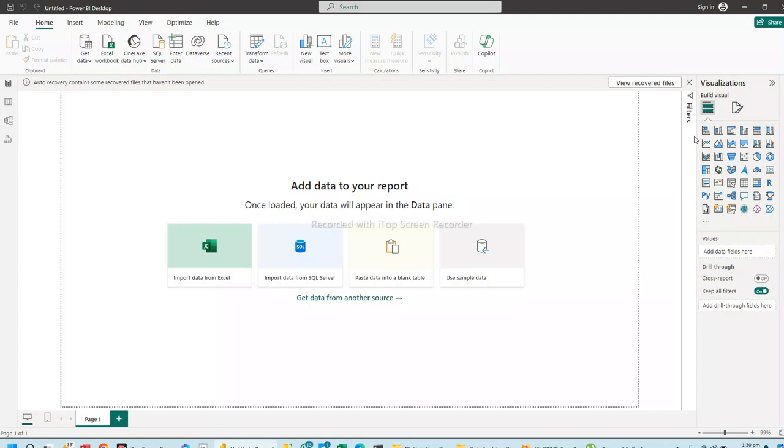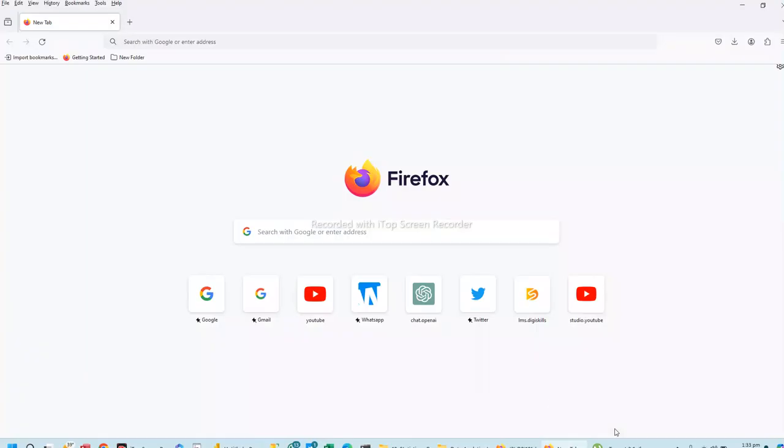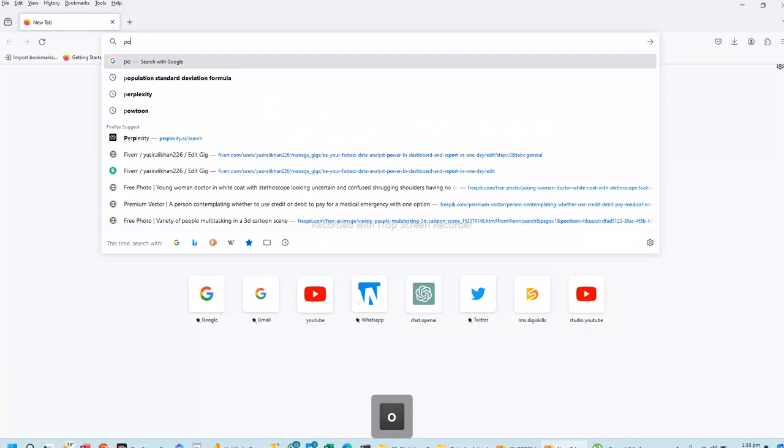Well, this was the method when we downloaded it from the Microsoft Store. This was the method through which we installed my Power BI Desktop through the Microsoft Store. And if we do not want to access the Microsoft Store, for one reason or another we are not able to access it, then we will use Google, and we will write Power BI in the search. So here you type Power BI Desktop,